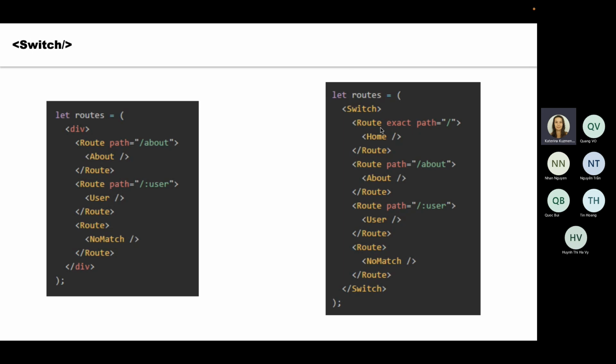Occasionally, however, we want to pick only one route to render. If we're at the about page, we don't want to also match user or show our 404 page. Here's how we do it in a switch. Like in these cases, right? So using switch,